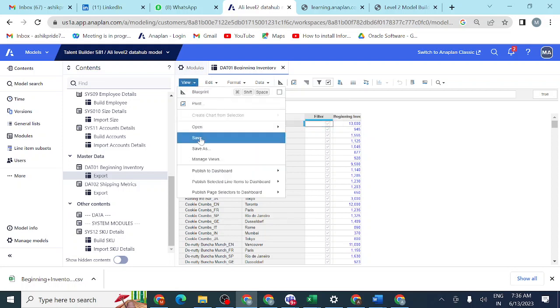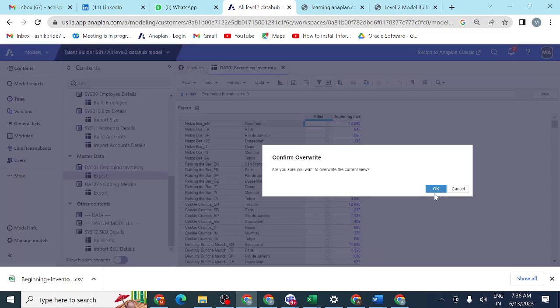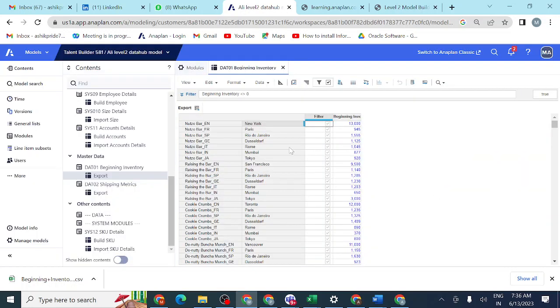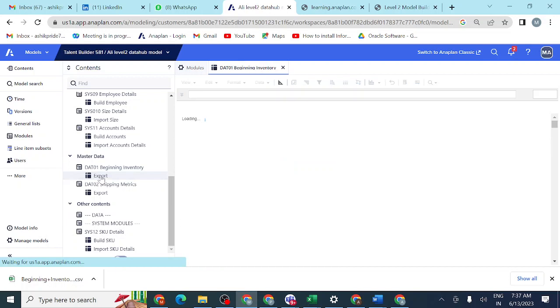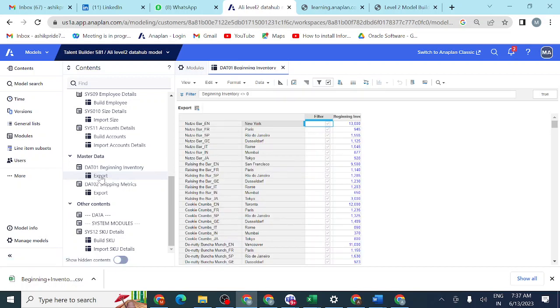For example, in the default view you can see a lot of zeros. If I close this saved view, you can see everything, wherever you have values and zeros. In the filter view, what we have done is ask it to show only wherever we are getting values. That is the reason we don't want these zeros. So we created the saved view and did this. If you want to open it, you can simply open it. After each and every change, we should save the view.